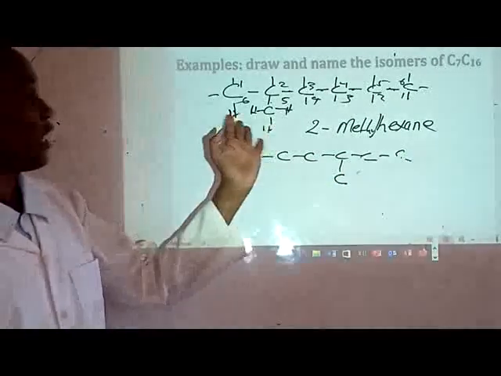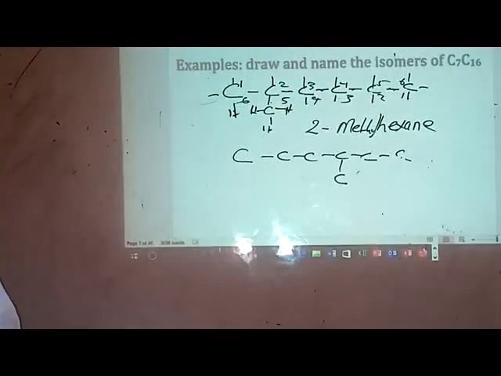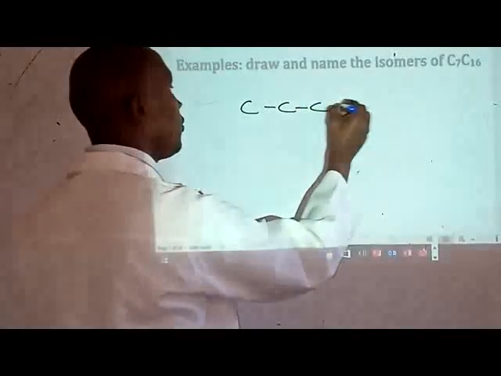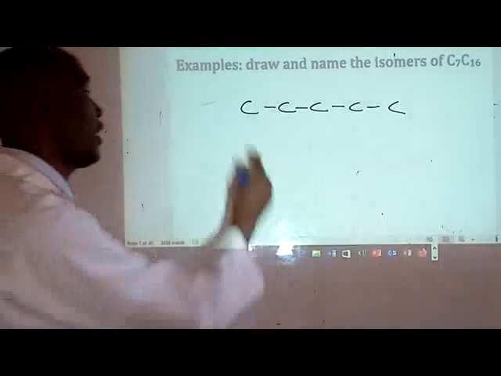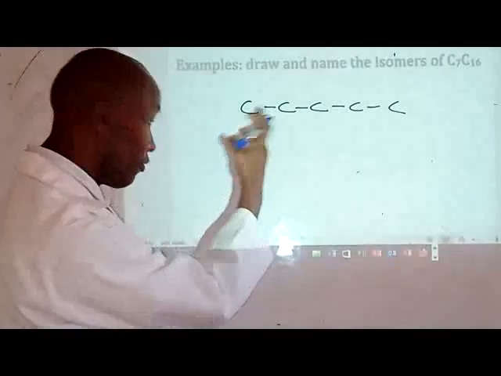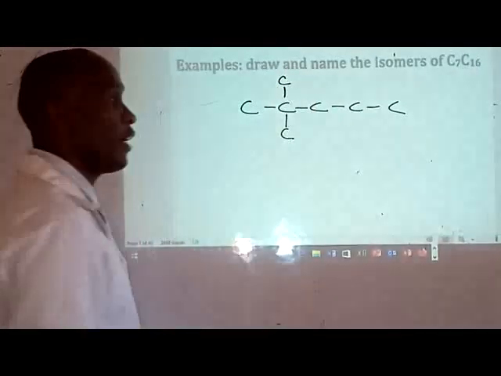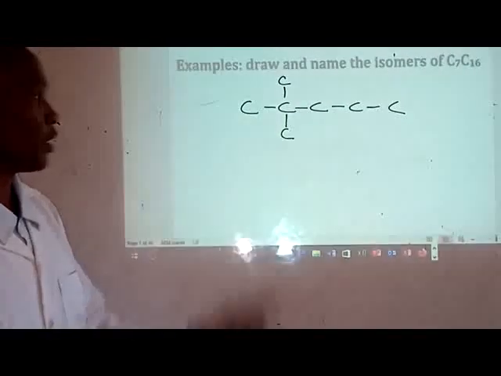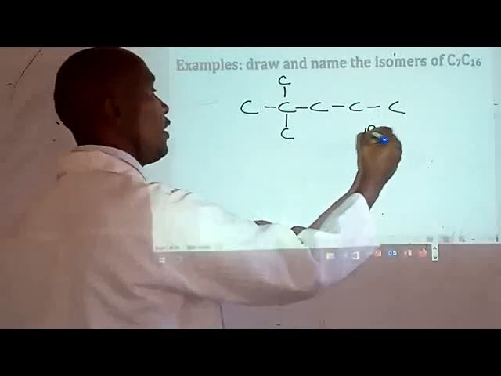So I am through with the isomers that have 2 carbon, that have a methyl. I remove 2 and put in my pocket. 1, 2, 3, 4, 5. I have 2 carbon atoms now in my pocket. I cannot put any of them there for the obvious reason. I can put one there and the other one there, and then put the hydrogen. What will that be? 1, 2, 3, 4, 5, pentane,